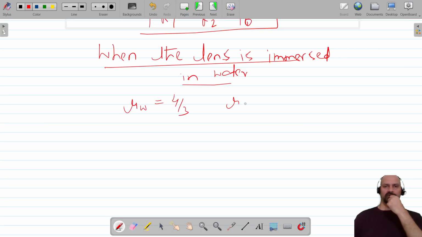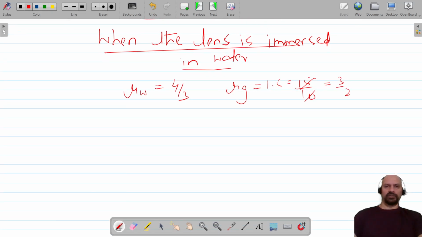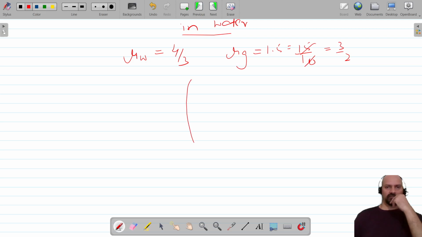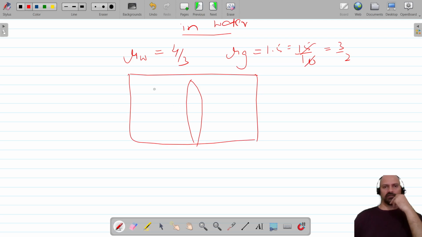So this is the refractive index of glass, given as 1.5, which is 15 by 10, which is equal to 3 by 2. Now when the lens is immersed in water, the ray of light travels from water into the lens. So here we have to find the refractive index of glass with respect to water, because we have to find the focal length here in